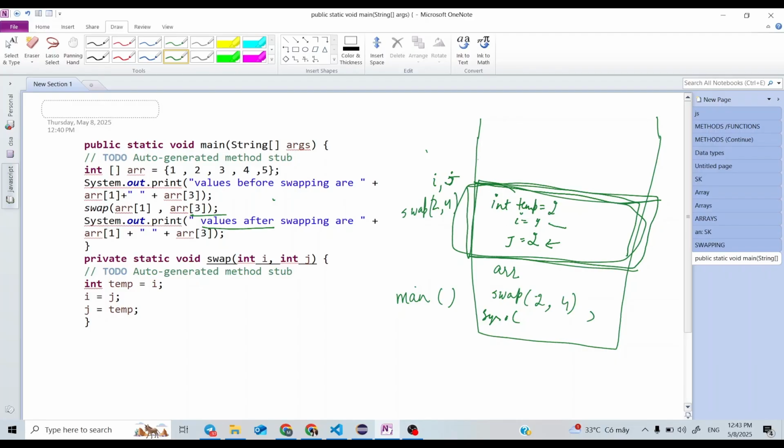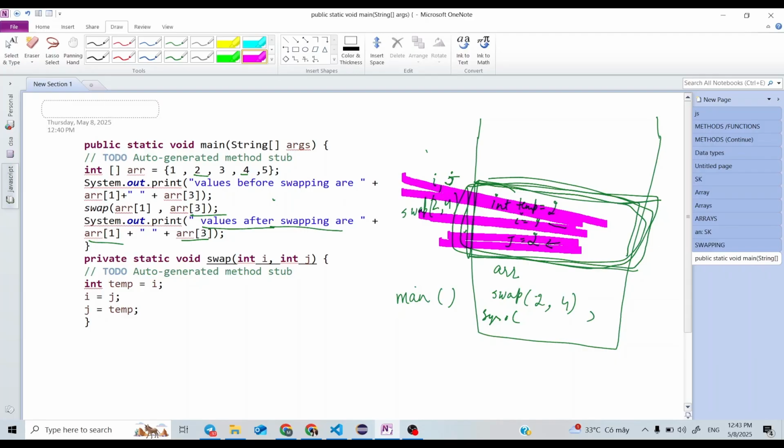I mean to say that we are making changes to the values in this function frame only, which will not be visible in the main function. When we print the values after swapping, array of 1 and array of 3 are still 2 and 4 respectively. Swapping is made only in this function frame.